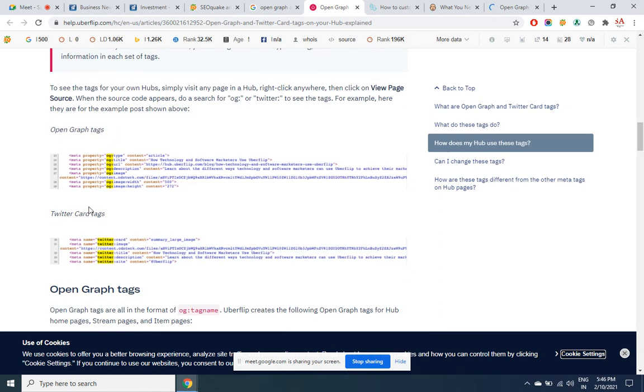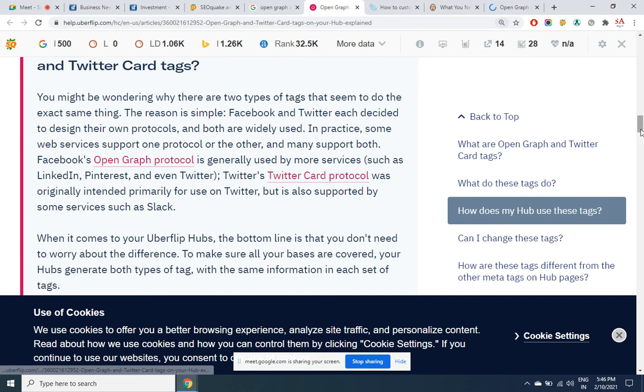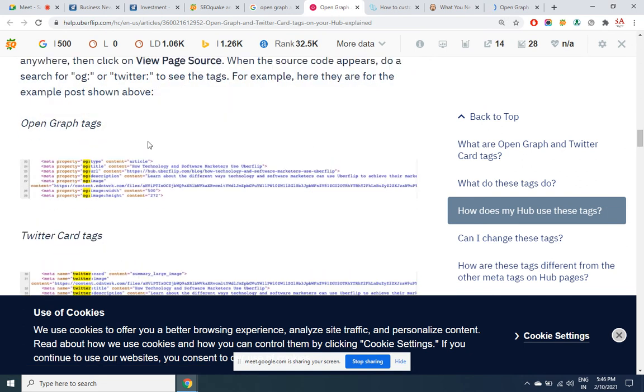This is the Open Graph tag. This is the Twitter card tags. So there are so many lines. I'm zooming in. If you do more research, directly you'll get it in text form. This is in image form.